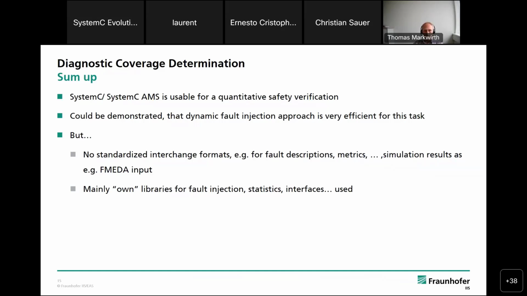And currently we only used our own libraries for fault injection, statistic interfaces and so on. And for people who will start with such a scenario, it's maybe more or less complicated to